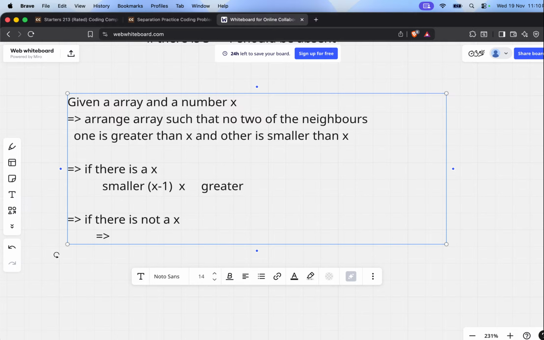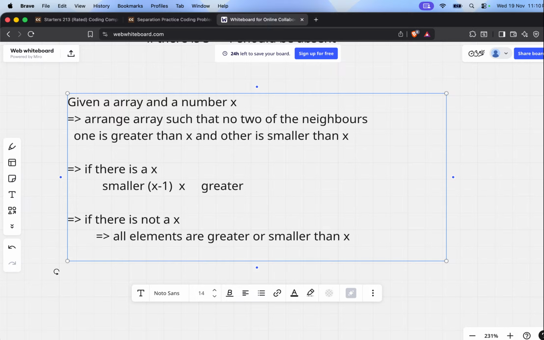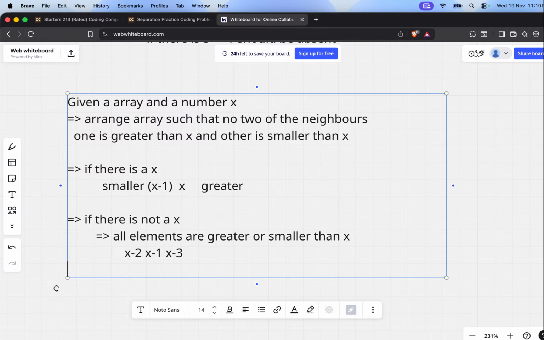There can be two cases. All elements are greater or smaller than x. Because if all the elements are smaller than x, let's say x minus 2, x minus 1, x minus 3, any arrangement says that all the pairs are strictly smaller than x. So this condition is automatically satisfied. In all the rest cases,